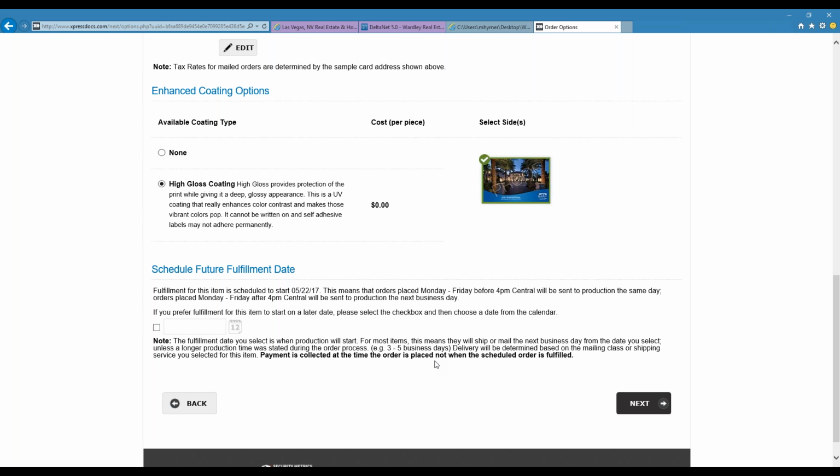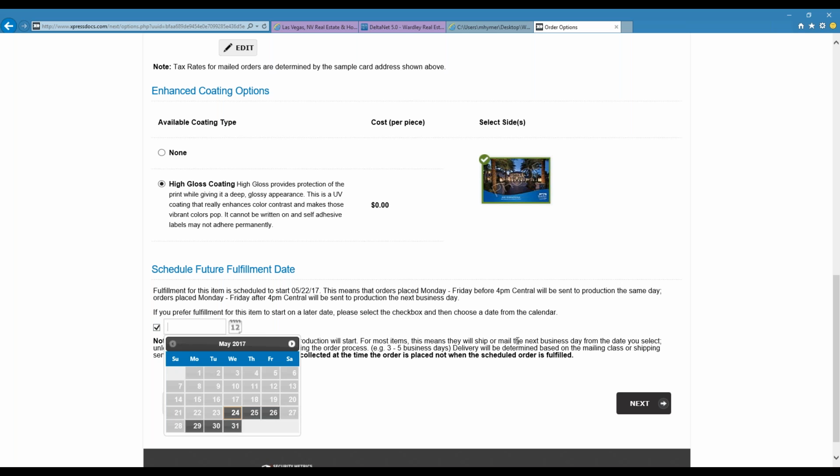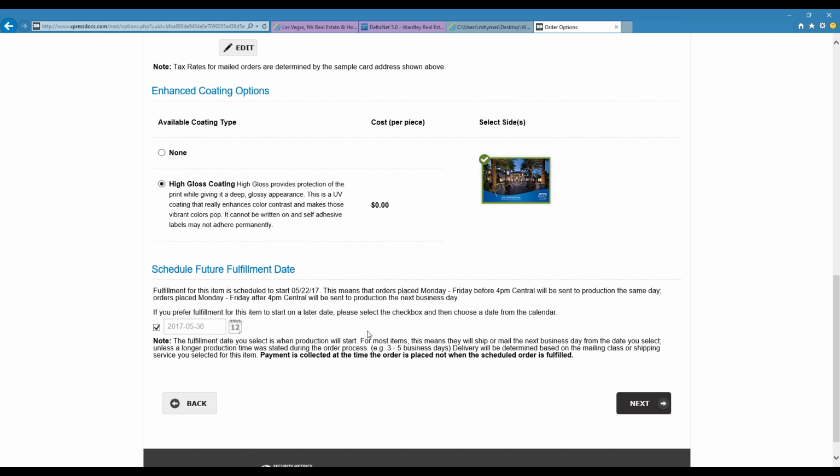But let's say, for example, maybe you're working on this postcard, but you know Memorial Day is coming up, and you don't want these postcards to get lost in the mail, but you do have time to submit this job now. So what you could do, you could put together the job and check out now, but I could specify that I would like to schedule a future fulfillment date, and I could pick a day to mail these out after. So for example, if Memorial Day is Monday, May 29th, I could specify that I don't want to print and mail these out until Monday the 30th. And now I can check out today, but ExpressDocs isn't going to print and mail these out until after the